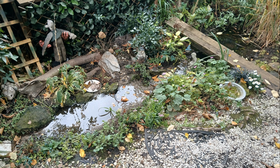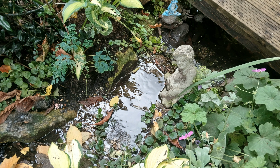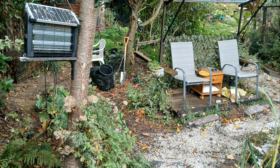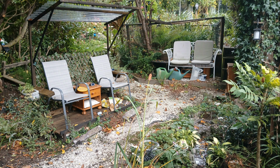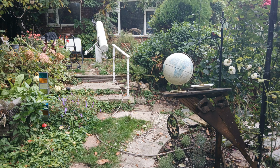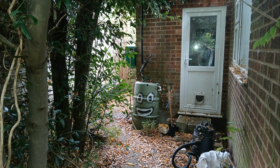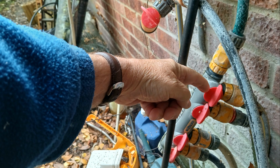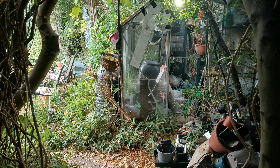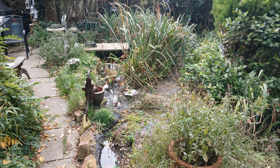So ponds have been filling up, water's flowing down through the ponds into the bog garden area. Yes, there's the 4 candles down the end. So usual routine, hard work of course. I've got all that walking to do because I've just turned the tap off, so there's plenty enough water in there. And coming back to the patio,